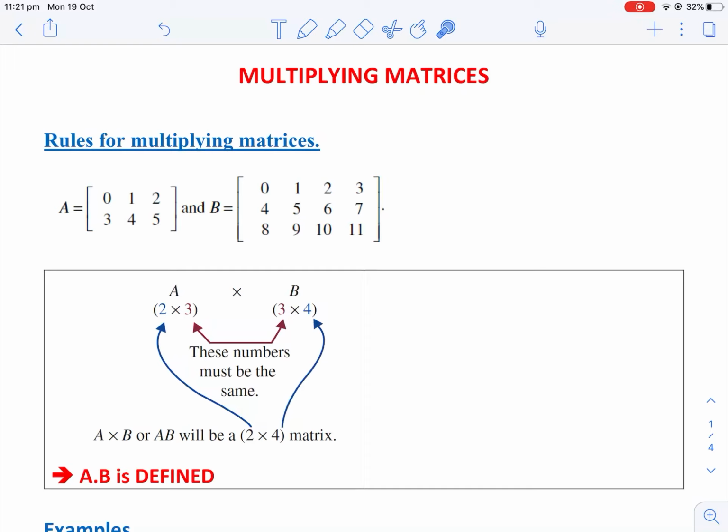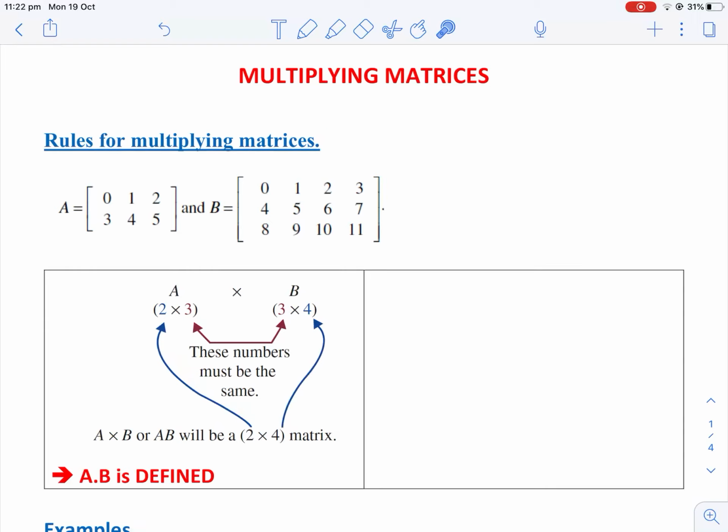The first thing you have to remember is that not all matrices have a product. For example, I have two matrices A and B, but we are not sure whether the product of these two matrices is defined or not. So there are rules for that. For example, we consider these two matrices A and B. To know whether the product of A times B is defined or not, we have to write down first